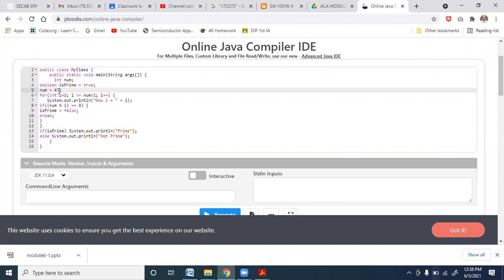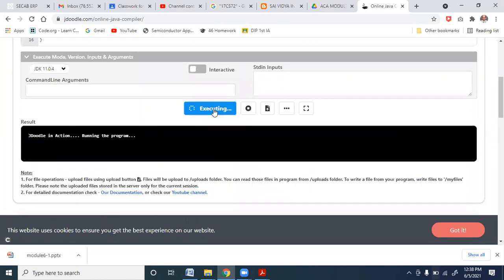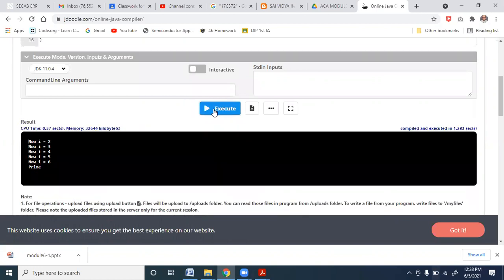Yes, 47 I think should be a prime number. Let us check it. Okay, so it is just trying to check whether it is divisible by 2, 3, 4, 5, 6, right? And because it is not divisible by any one of those, it is giving us a prime number. So it's just checking whether it is divisible by any one of those numbers, or correspondingly, naturally, if it is